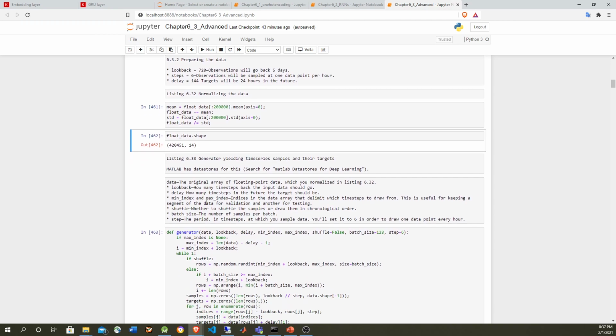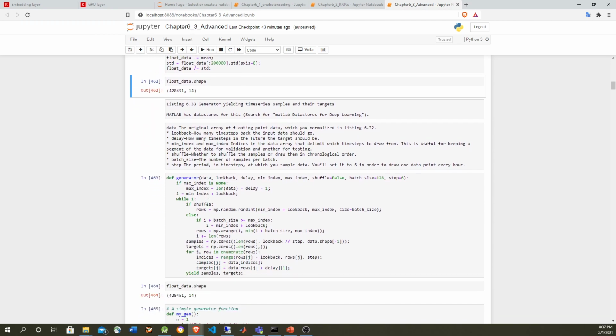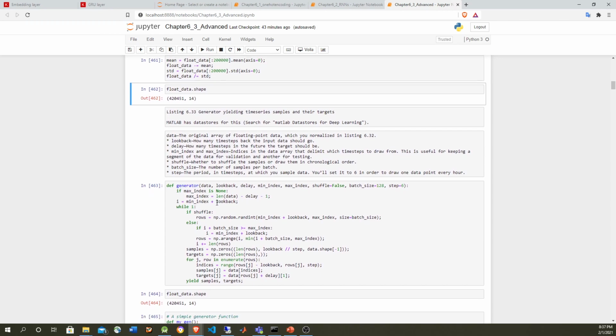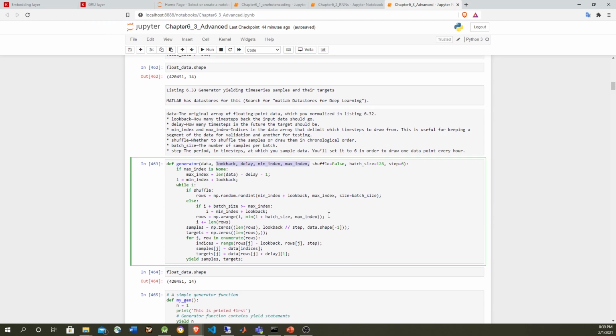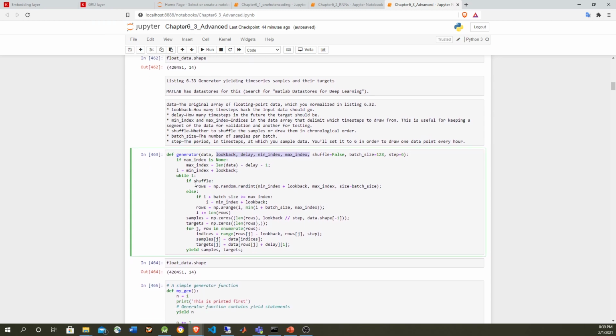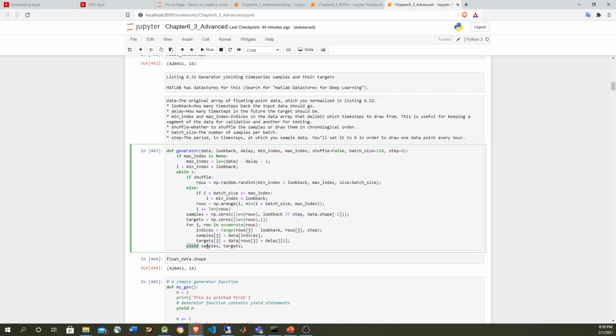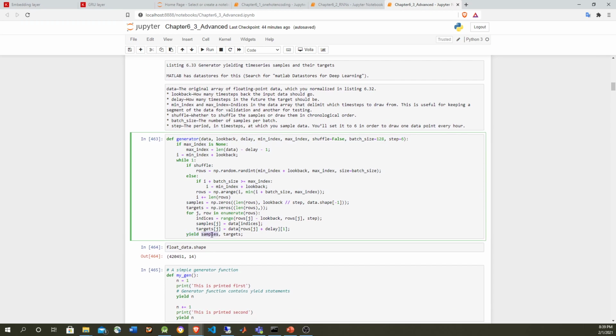Since it's a bunch of data, it's convenient to use a generator to sample it batch by batch. The generator is a Python construct that, at least in this case, helps get data chunk by chunk, and all of these parameters determine the size of the chunk. The generator is a regular function, but the key is yield. Yield is like a return. In this case, we're returning a chunk of the